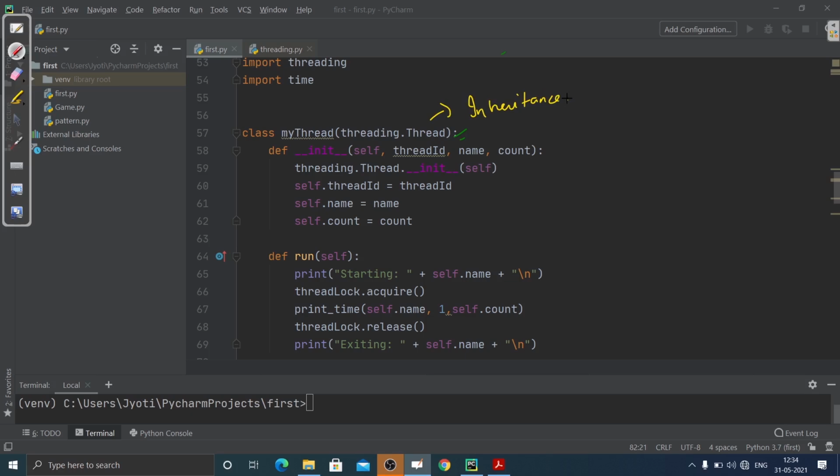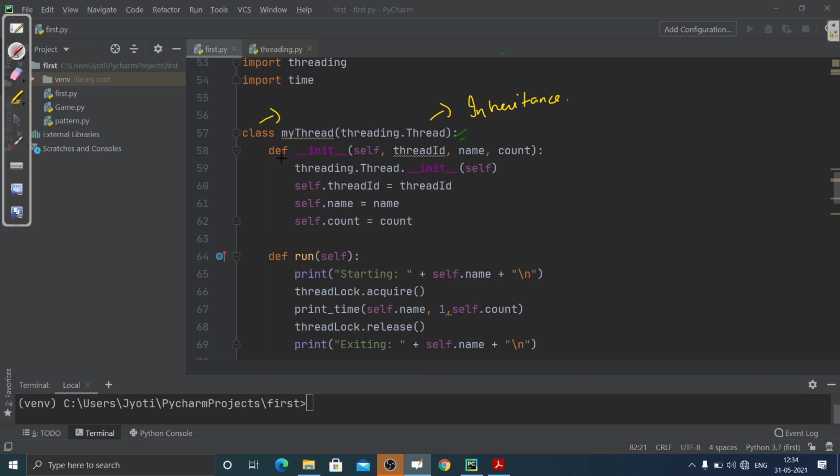There are many ways in which you can create a thread. We have seen how we can create a child class of the Thread class. So we are passing the Thread class so that this class, MyThread, will become the child class of the Thread class.